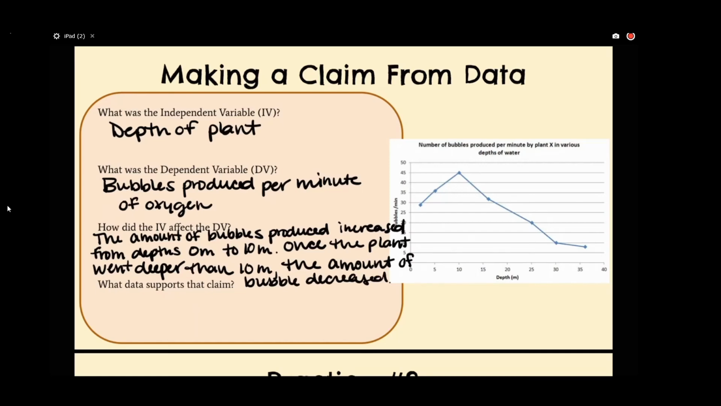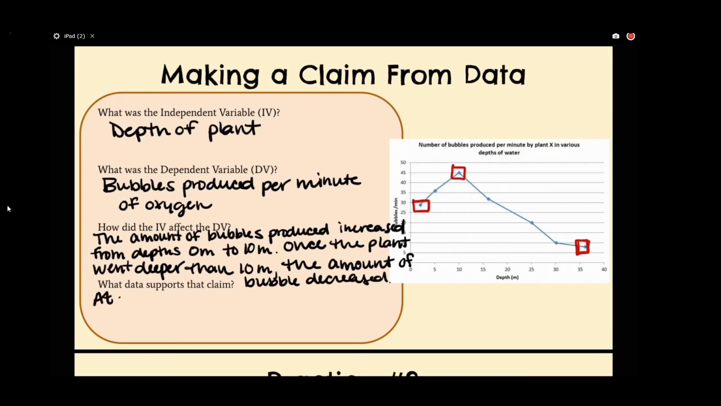Okay, and then when we have as much data as this, you don't necessarily need to talk about every piece of data. I would start looking at the specific ones that are important here, the landmark ones. So this initial point is important, this peak is important, and then when we get down to the lower depth is important. So I would say